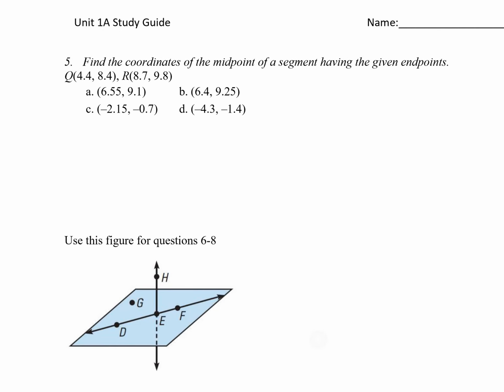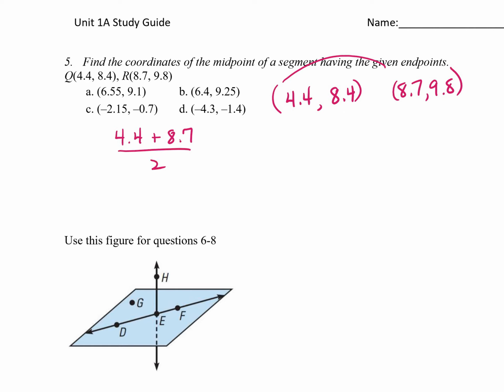Now, this is a midpoint, but you're given the 2 endpoints, so that's a little bit easier. We're going from 4.4, 8.4 to 8.7, 9.8. So for your x's, you just add the x's and divide by 2. So 4.4 plus 8.7, divide by 2. So that is 13.1 divided by 2. All right, that goes into 13.1 6 times